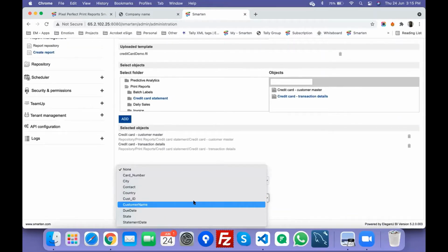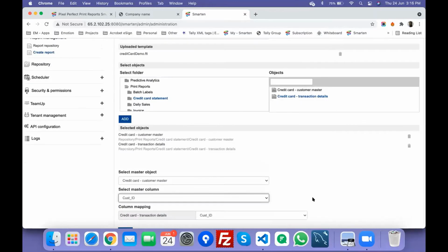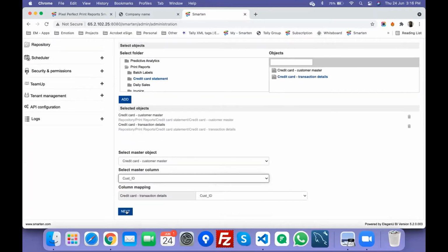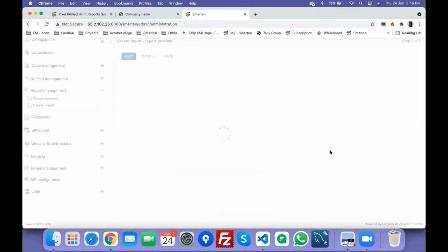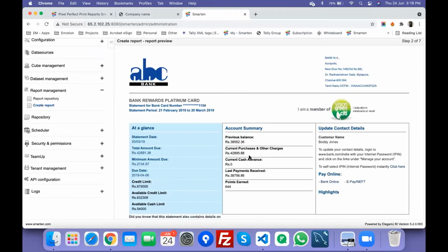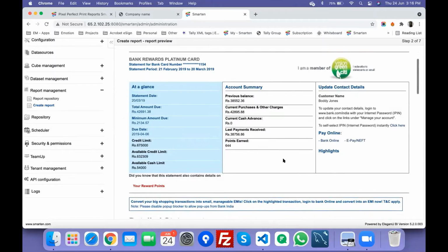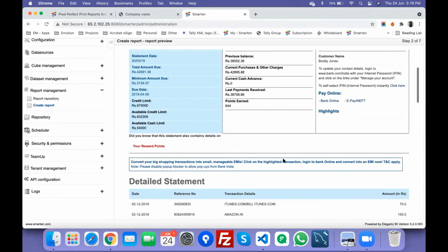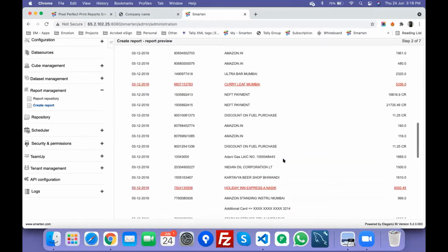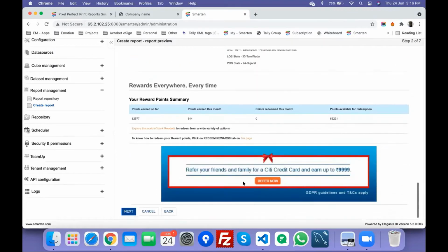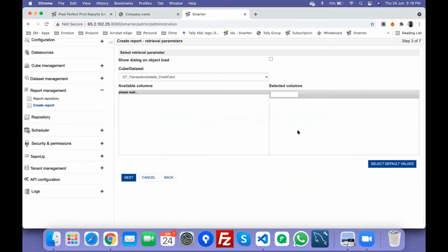So it asks me the unique key that binds both the master and detail, and column mapping and stuff. I'll press next. I can see the preview. This is how my report would look like. And if you are happy with that, you can go to the next step.